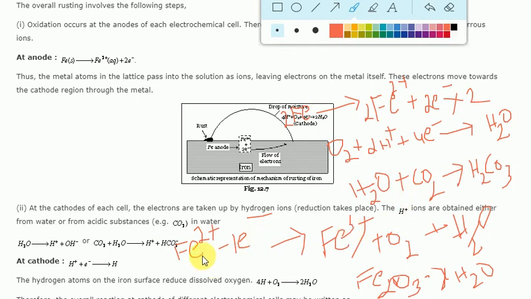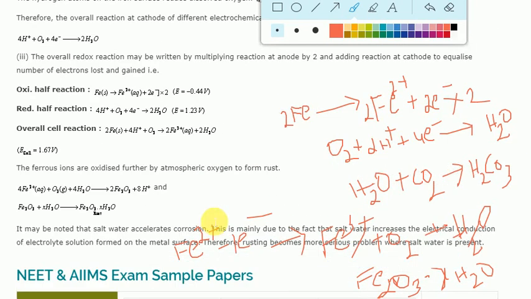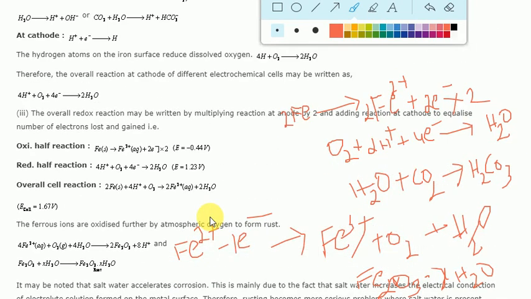This reaction will happen, and iron undergoes further oxidation. It forms the Fe3+ ion. This Fe3+ ion reacts with O2 and H2O. They give Fe2O3 dot xH2O, which is nothing but rusting of iron. Clear? Fe2+ ion reacts with water plus oxygen plus water and gives Fe2O3 in acidic medium. I mentioned this very clearly. This is a very easy method I mentioned here. Check it out clearly.